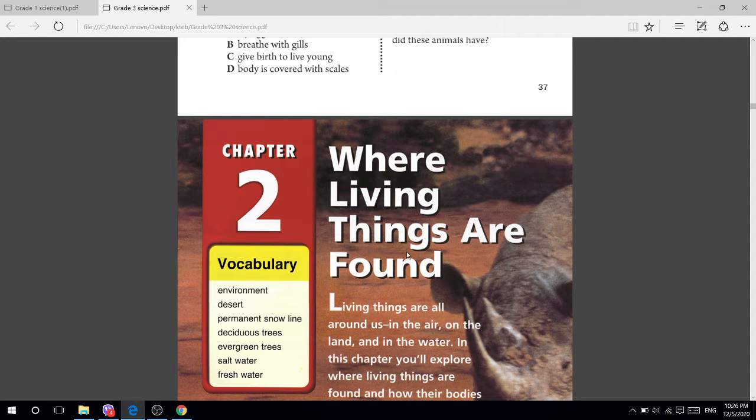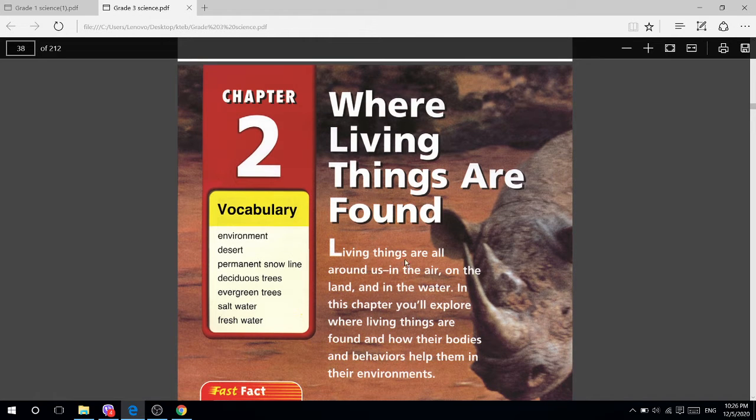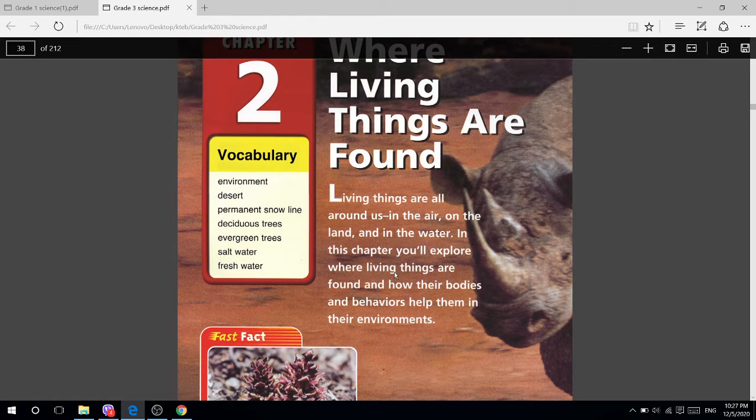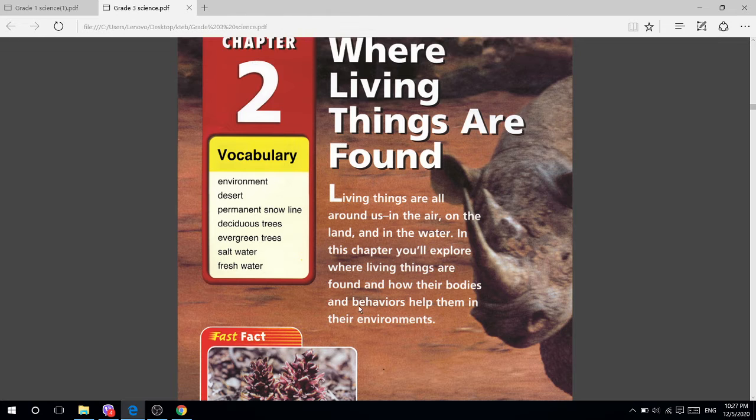Where we can find the living things. Living things are all around us, okay? In the air, for example, on the land, and in the water. In this chapter, you will explore where living things are found and how their bodies and behaviors help them in their environment. Okay, students,